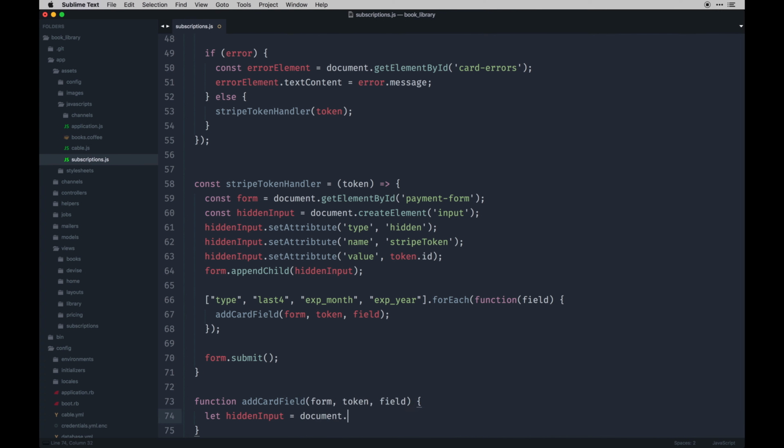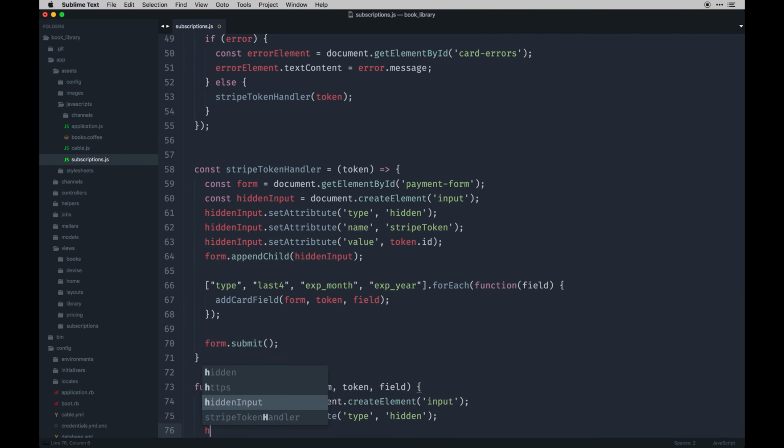Equals document.createElement input, hidden input.setAttribute type hidden, hidden input.setAttribute